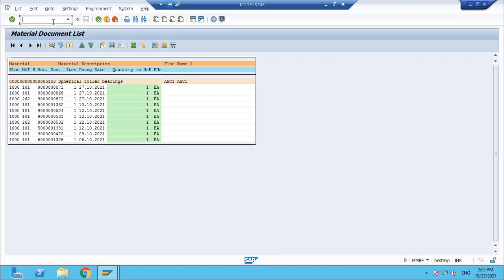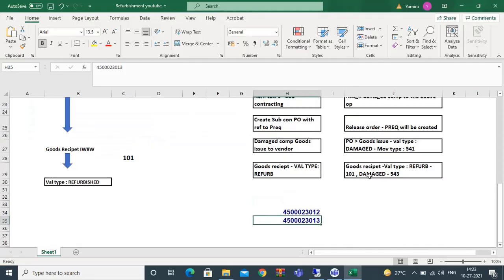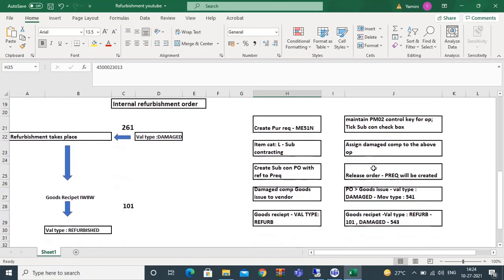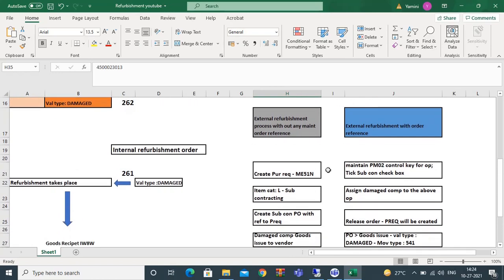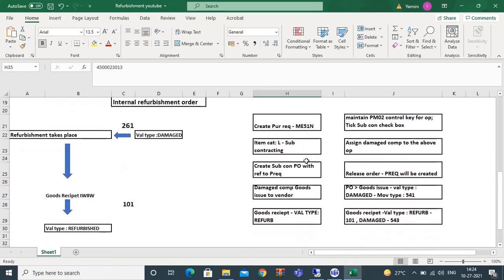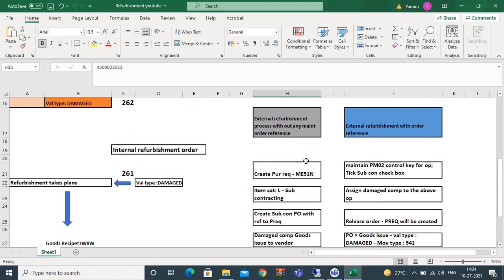Correct? So this is how we will do the refurbishment, both internal, which we covered in the previous video, and this is the external. Under external, we have covered the two processes, with order reference and without order reference. I hope everyone understood the process.